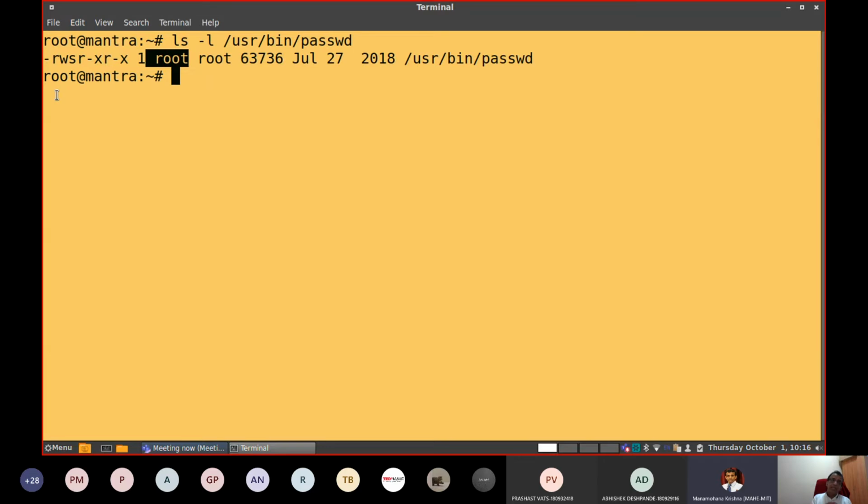If I log in as a normal user, I can change only my password. That changed password will be entered in the administrator's file. That is the beauty of it. The administrator will not intervene. Temporarily, a normal user also becomes a root user during the execution of that command, and he modifies only a limited portion of that particular file. That's the speciality of SUID.